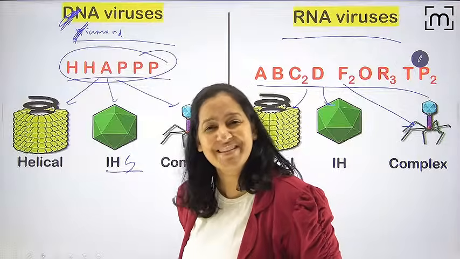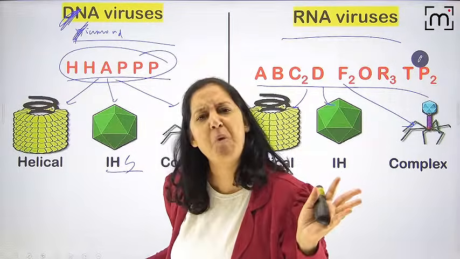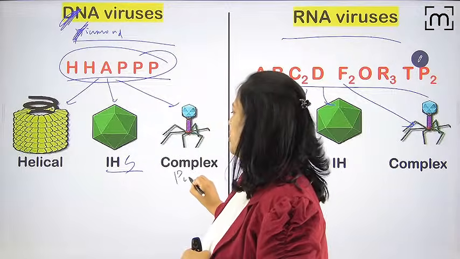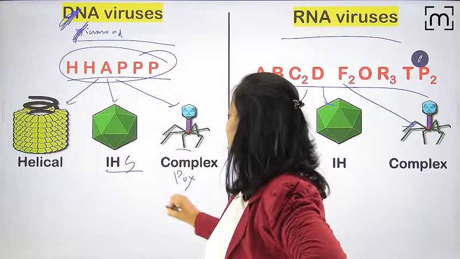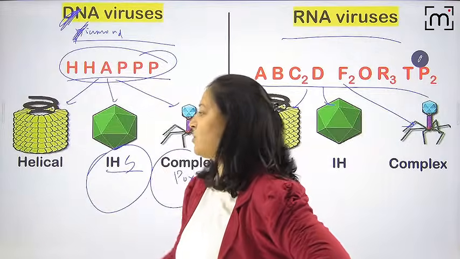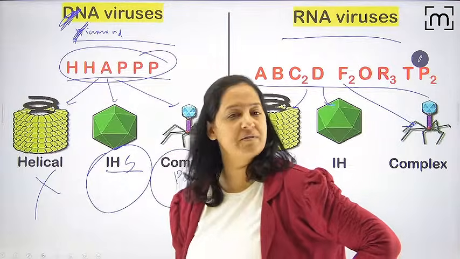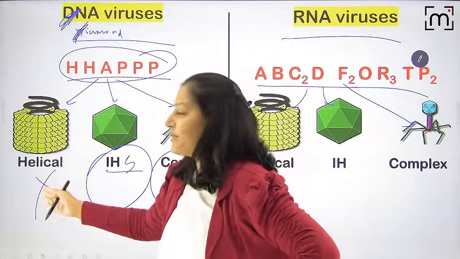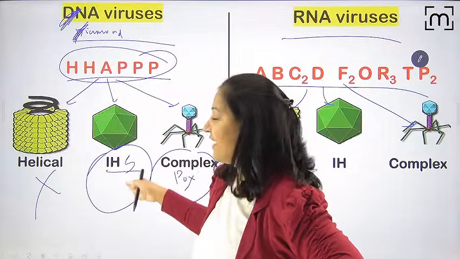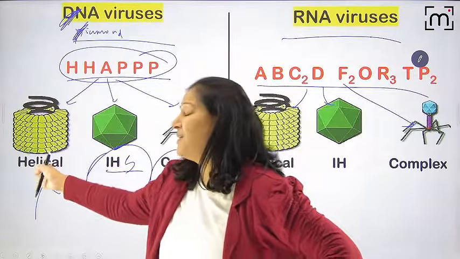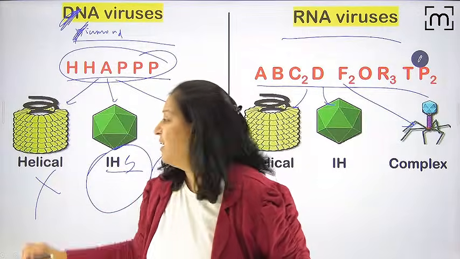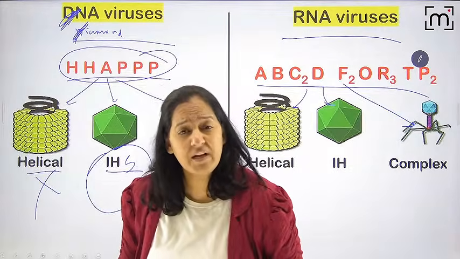The senior citizen. Who is the senior citizen? Grandfather, Mr. Pox. Mr. Pox says, no, I am senior. I will take a complex symmetry. You all become diamonds. So Mr. Pox is complex. Rest all are diamonds, and none of them is helical. None of the DNA is helical. DNA viruses are not helical. Most of the DNA viruses, 5 of them, are icosahedral, except Mr. Pox, who is complex. Now, helical is feeling very bad. Learn it like a story. Am I so bad? None of the DNA viruses allotted to me.